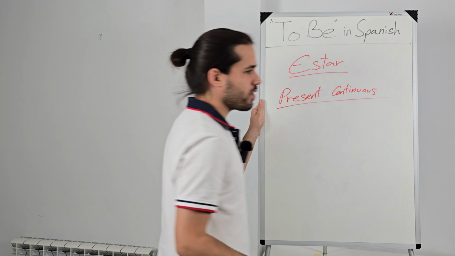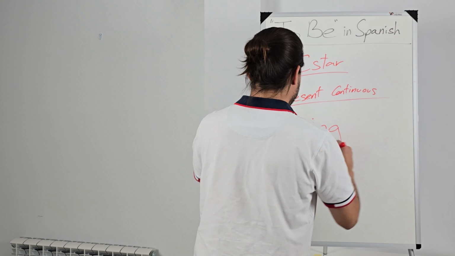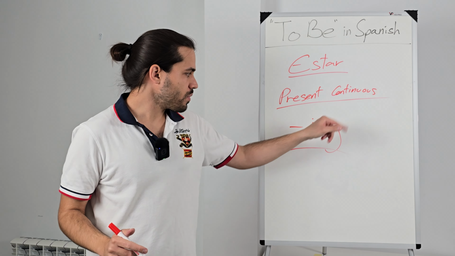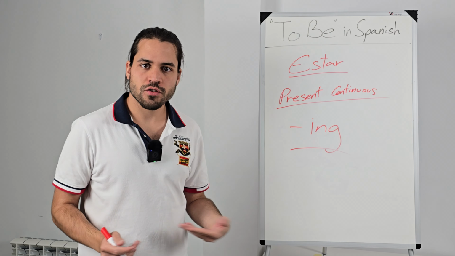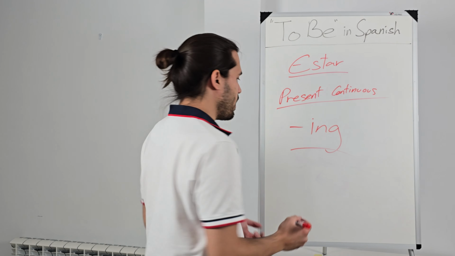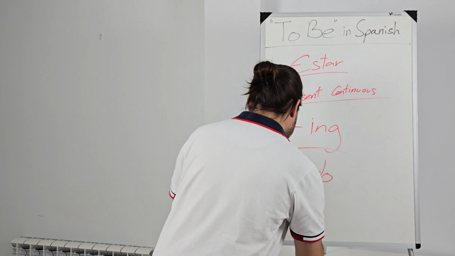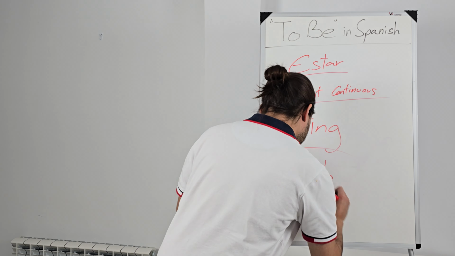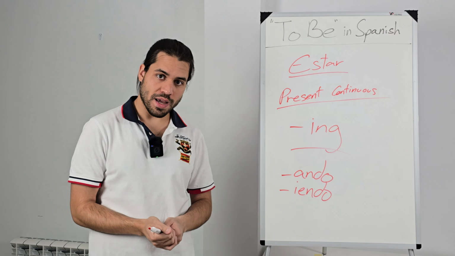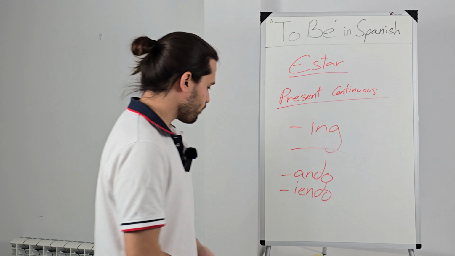Right? What is the present continuous? It's simply anything that ends with ing, if we're speaking in simple terms. If it has ing in English, it's continuous. In Spanish, the continuous form would be ando or yendo. These two would pretty much be the ing of Spanish, depending on which verb you're using, AR, ER, or IR.